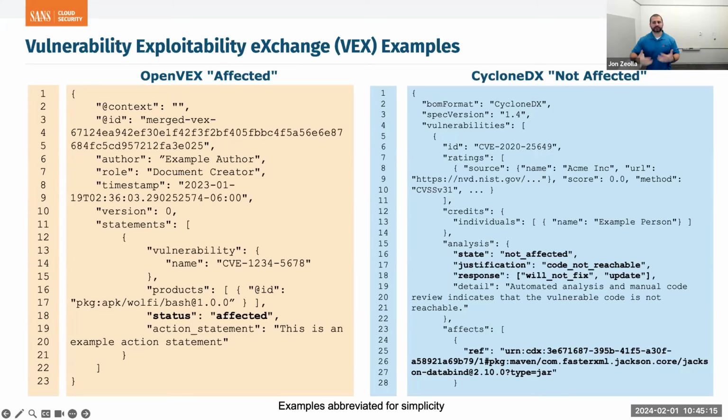And there's different ways you can express this. So on the left, I've got one standard called OpenVex. On the right, I have CycloneDX's standard, just so you can see two of the few options that are out there. And what this does is it allows you to connect together dependencies and components from your SBOM to vulnerabilities to a status of that vulnerability.